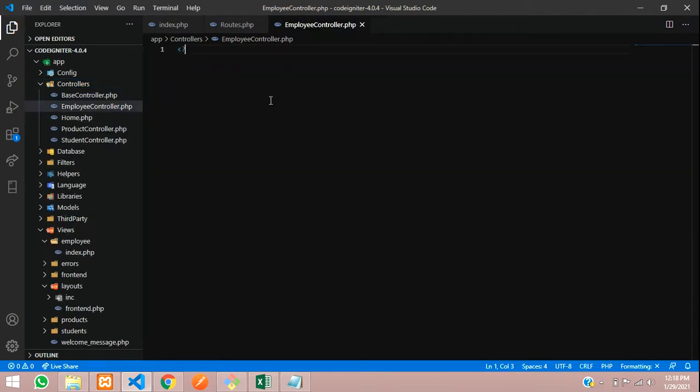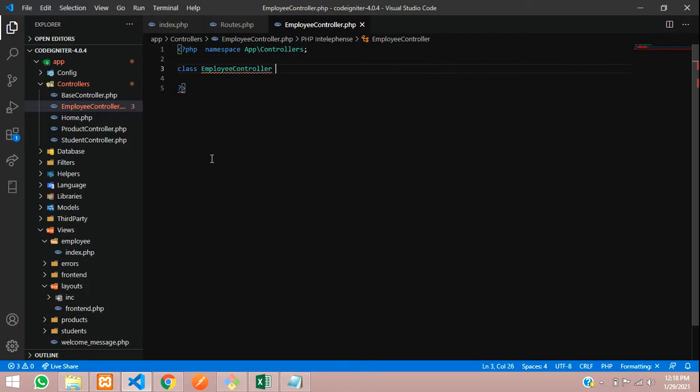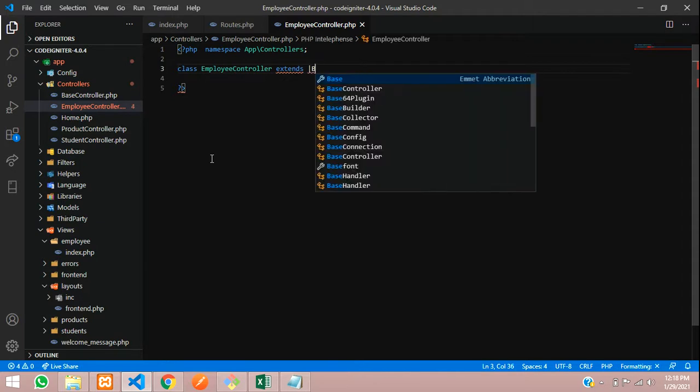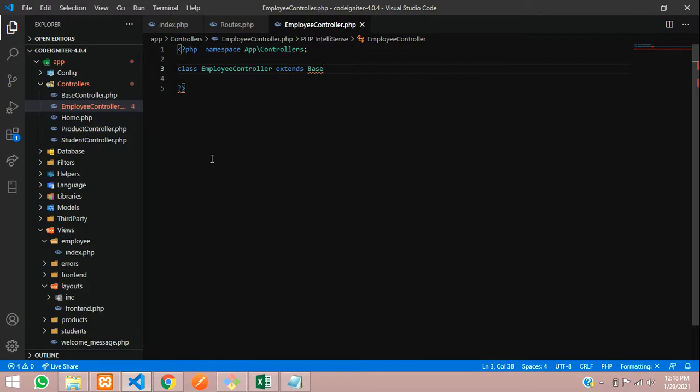First open PHP and include the namespace. You are inside the app folder and then the controllers folder, so use App\Controllers with a semicolon. Then simply create a class called EmployeeController, which extends your BaseController.